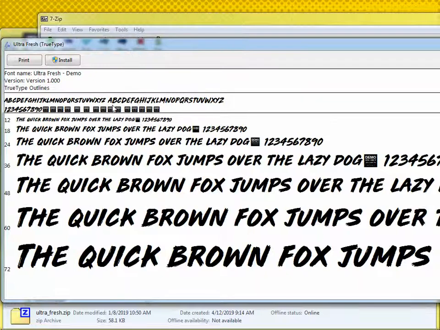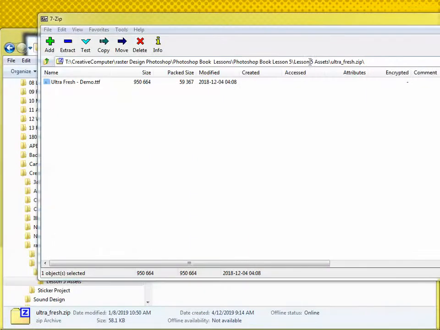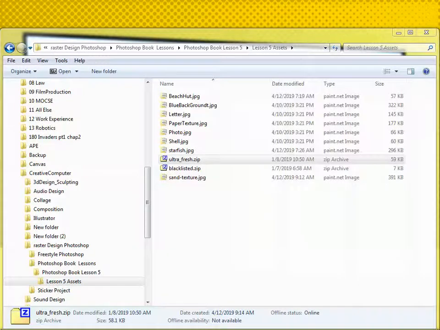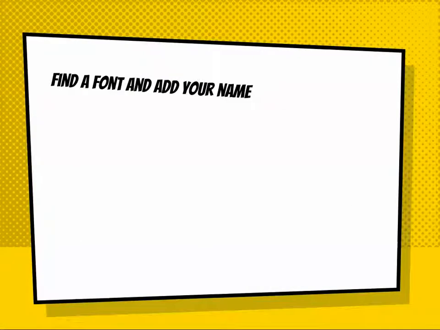The bad news is you have to install it every day because it disappears on these weird school computers. But install it. I've already installed it, and you're good to go. Okay, and so once you've installed the font, you have to remember the name. It's Ultra Fresh. Okay, so once you've done that, then you can come back to Photoshop,